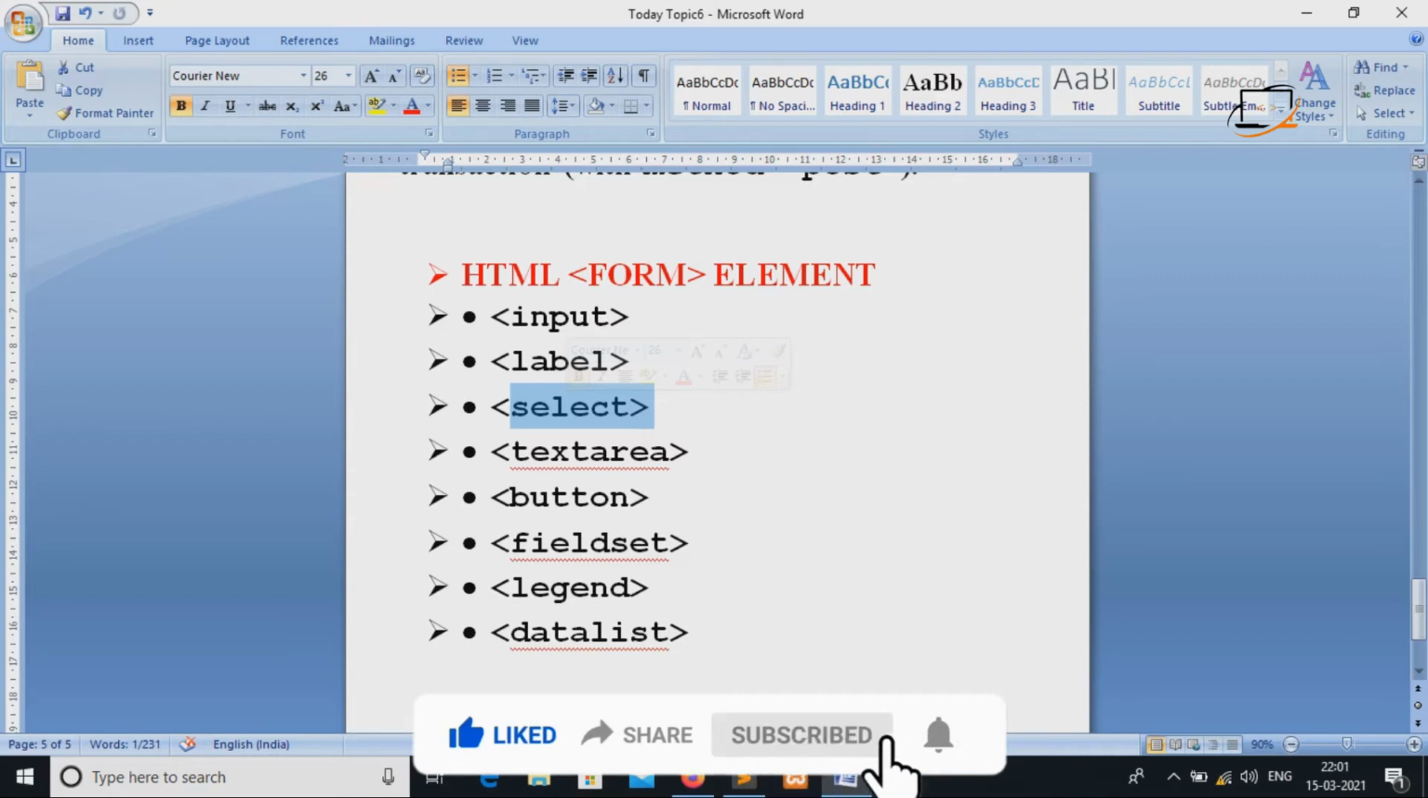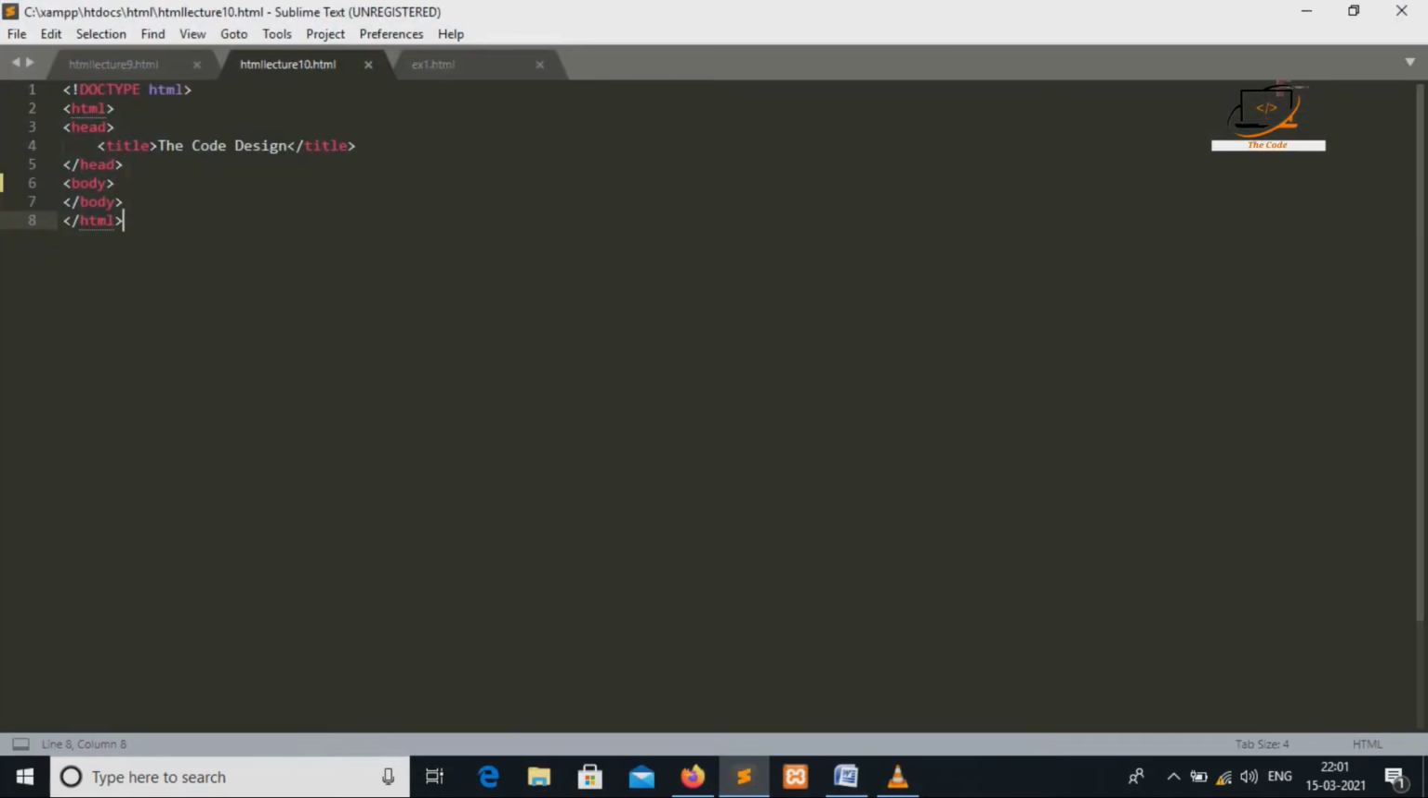Now we take all of them in an example form. So here I have opened my editor. Then here simply in a body tag we use form. Then now in the form we use field set. Then we use legends. Here in the legends I use